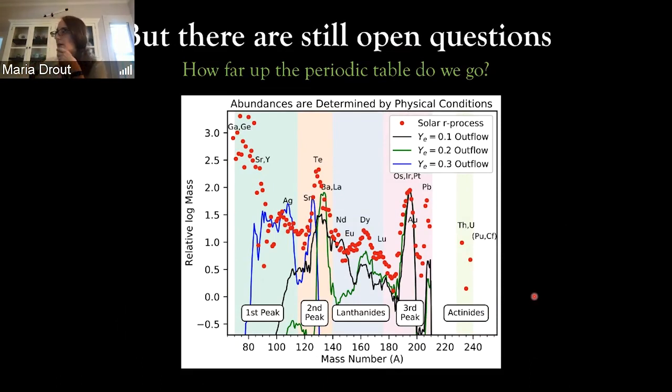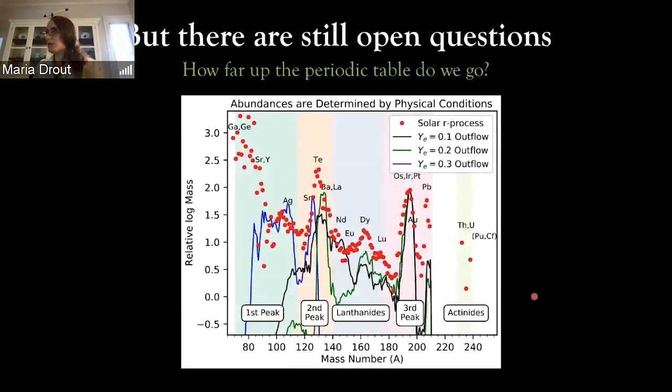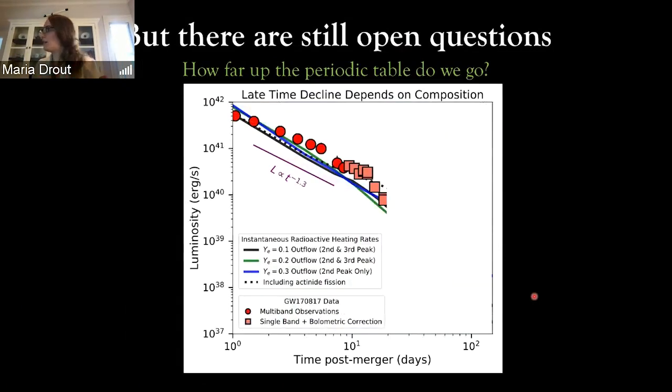But it turns out that early on, when you were observing neutron star mergers, in particular in those first 3 weeks, which are the only data we had from the 2017 event, all 3 of those models, which you see here have very different types of abundances and types of elements that they created of those heavy elements, they all look exactly the same, pretty much, and all agree with the data. And the reason for that is that you're observing this mesh of tons of different types of elements all at once. So you're looking at the sum of all of their different decays put together. So you can't really distinguish them.